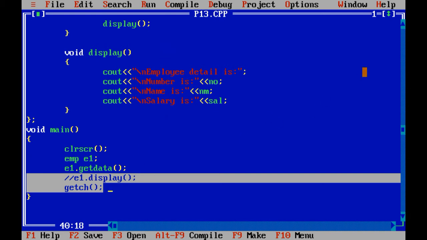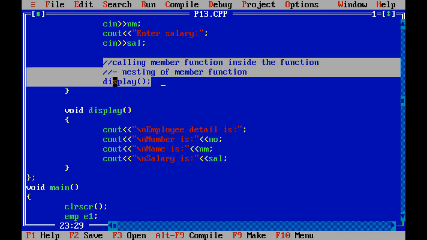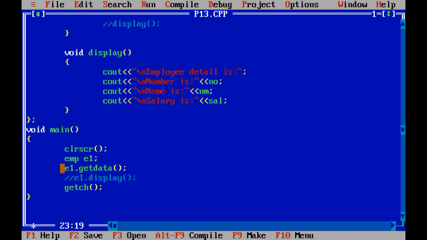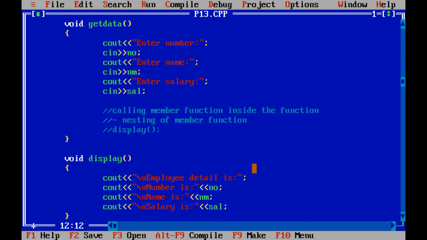So in this way your program is executed, right? Now one more thing I want to specify over here. Suppose I don't want to call the display function from get data, right? And I don't want to call get data either. Instead of get data I just want to call the display function, right? Then what would be the changes? Let me repeat once again. Over here instead of calling get data I just want to call the display function. So how can I write the code regarding the calling of get data?